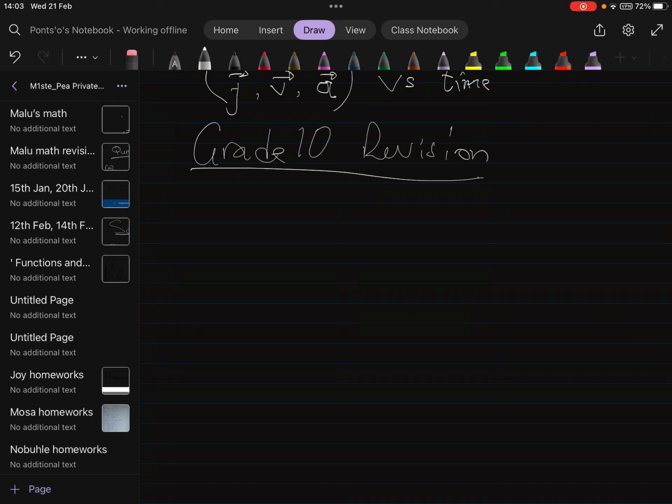And if we keep in mind that our velocity is displacement over time and acceleration is velocity over time,